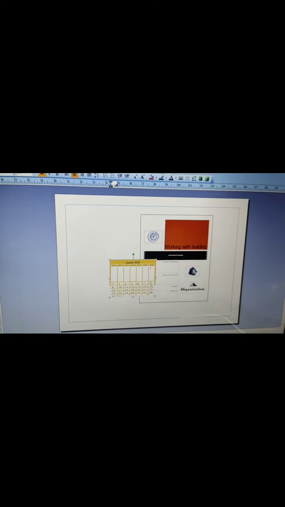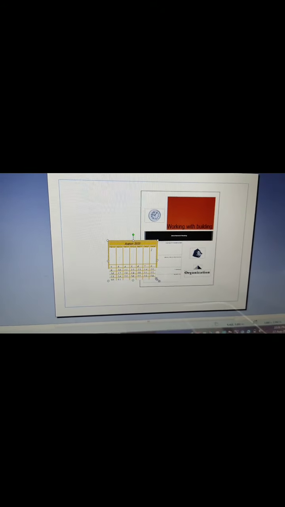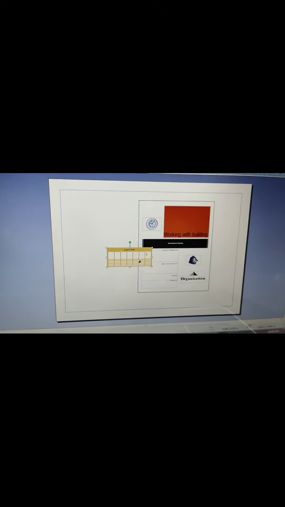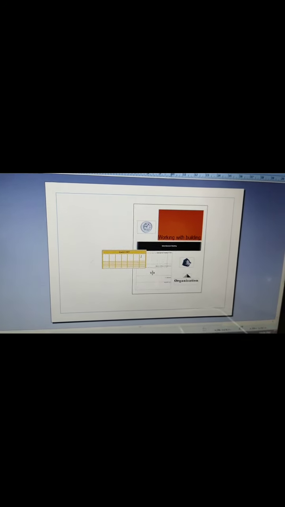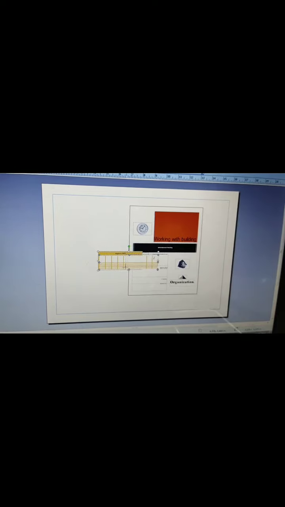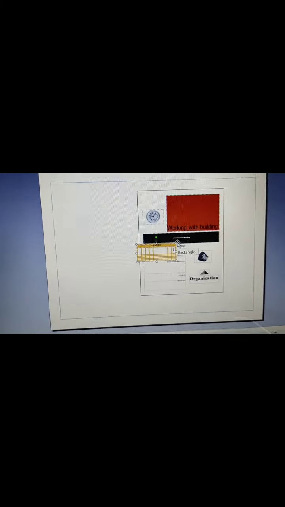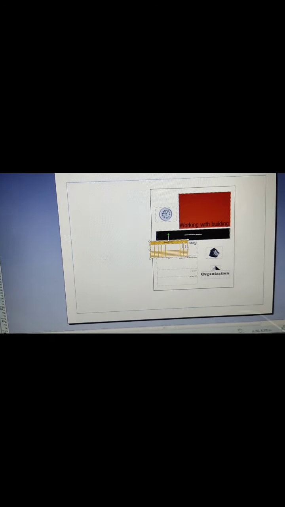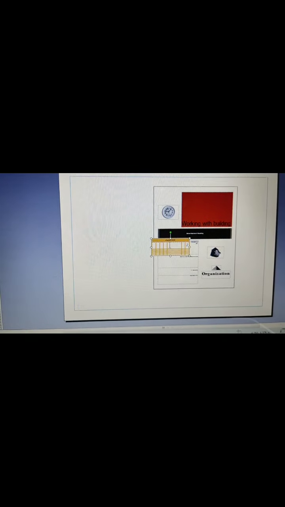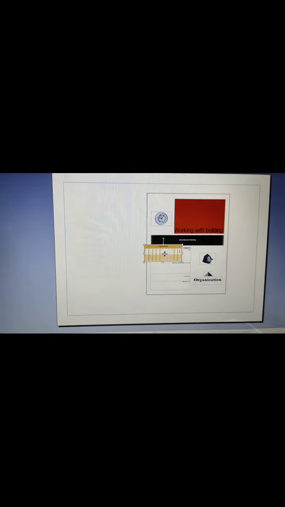This calendar I can paste here. I'll drag it here. Sorry, this one is not perfect, but since I'm doing it with one hand, that's why it's not perfect. You can just practice at home. Okay, this is the calendar I can add here.